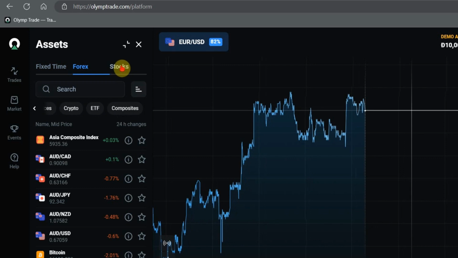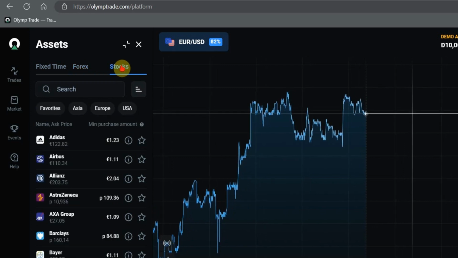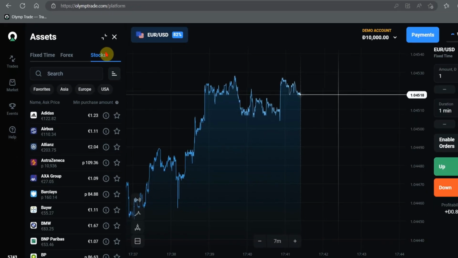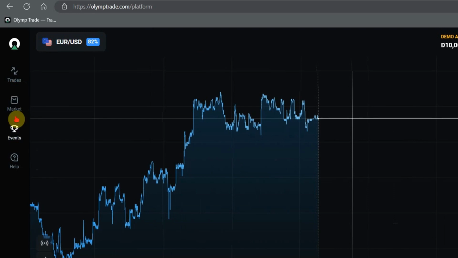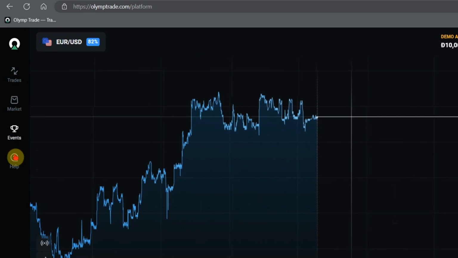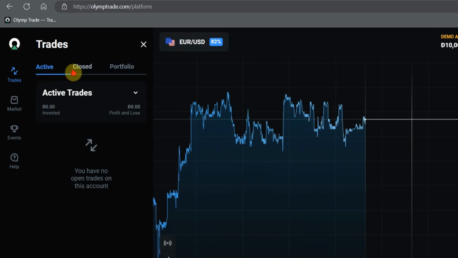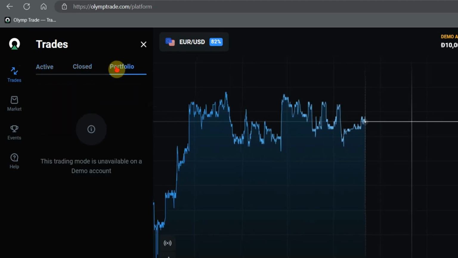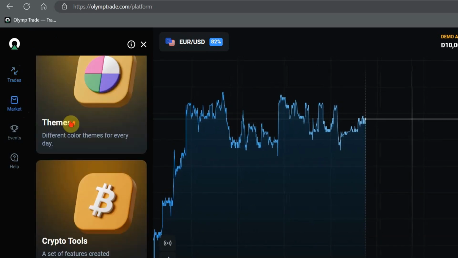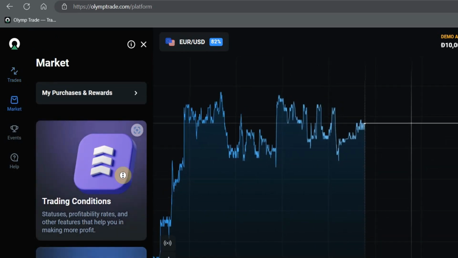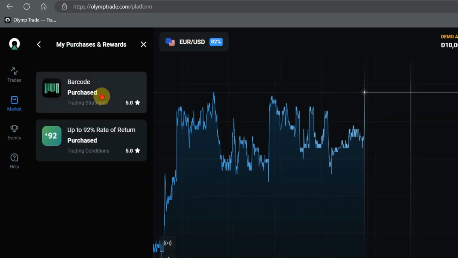And if you are a stock trader, under the Stocks tab, you can choose your Asian, European, or American company to trade. On the left, we have Trades, Market, Events, and Help. Under the Trades tab, you're able to see your open trades, closed ones, and your portfolio in stocks. Under the Market tab, we have useful information about the market and also a section if you want to purchase